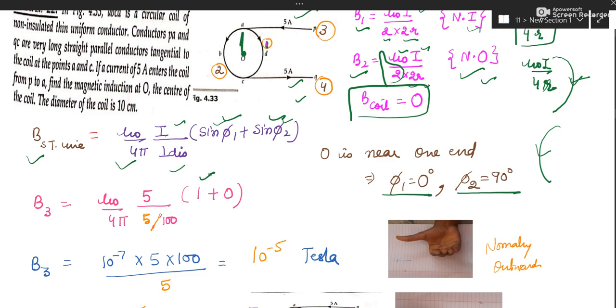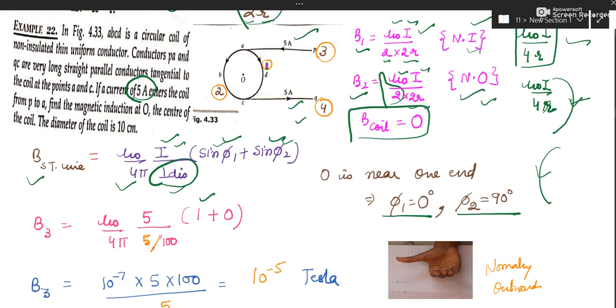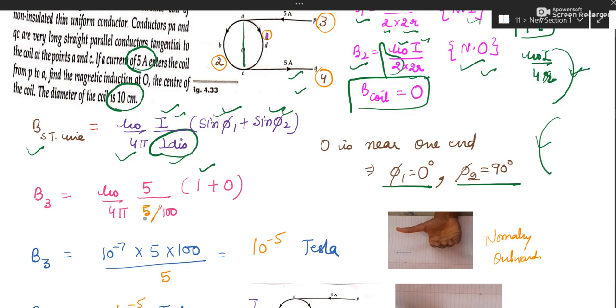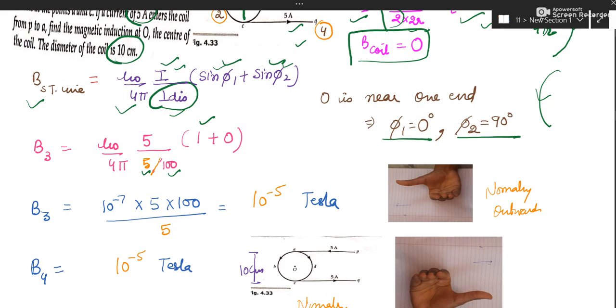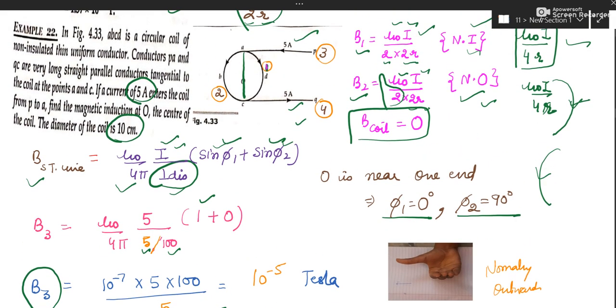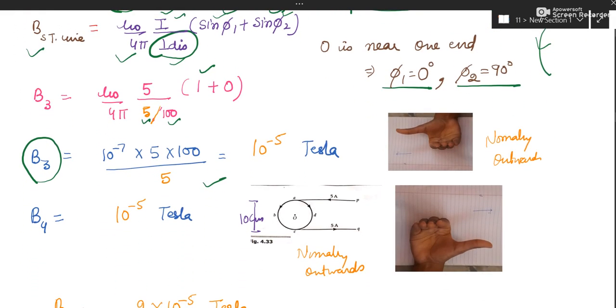So this is left. Okay, current is given as 5 ampere, so you can write 5 ampere. Perpendicular distance is your radius. If radius is mentioned, you can take that. So yes, radius is mentioned because you can see here the diameter is given as 10 centimeters. So radius, that is the perpendicular distance, will be half of that, 5 centimeter. I've converted, so do the calculations very carefully. This is my magnetic field due to the third portion, due to this wire, at O. Okay, but then I have to tell the direction.